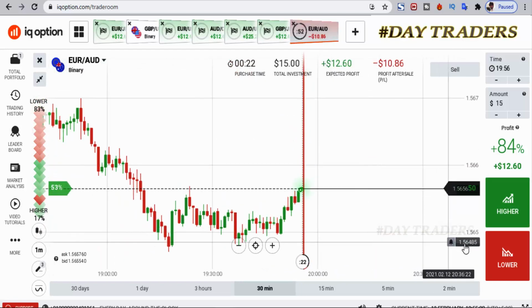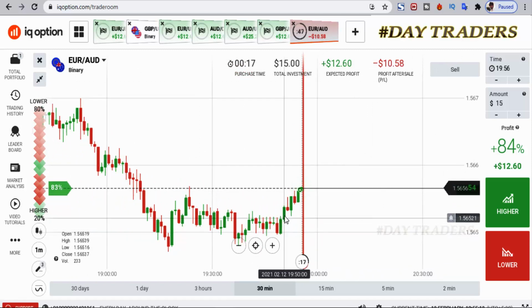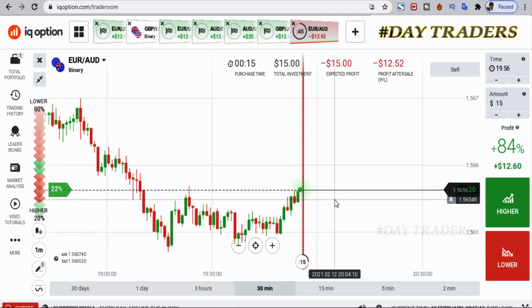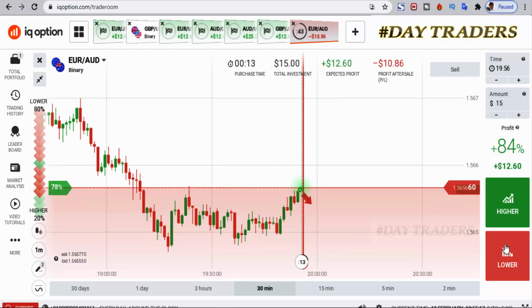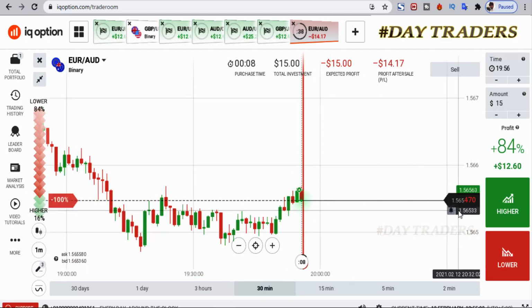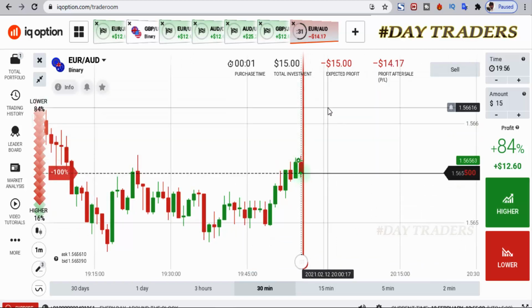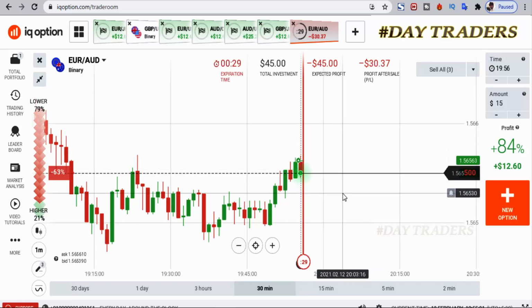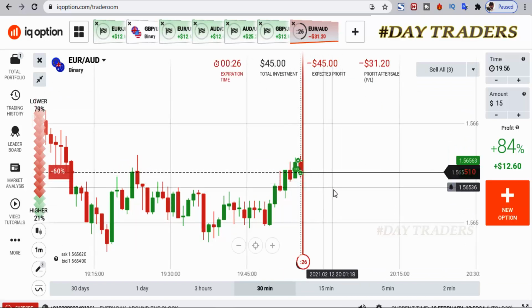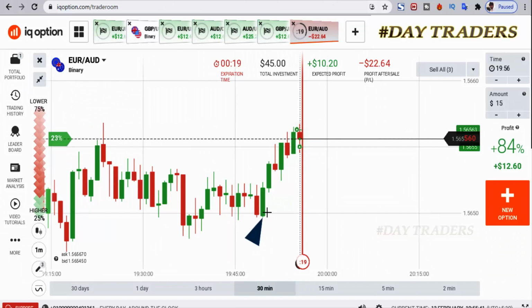Okay, actually I'm placing protection trades. Okay, I'll place a higher option. This is a protection trade, and I'm expecting this candle's closing point to be in the middle of the entry points. Why? Because this